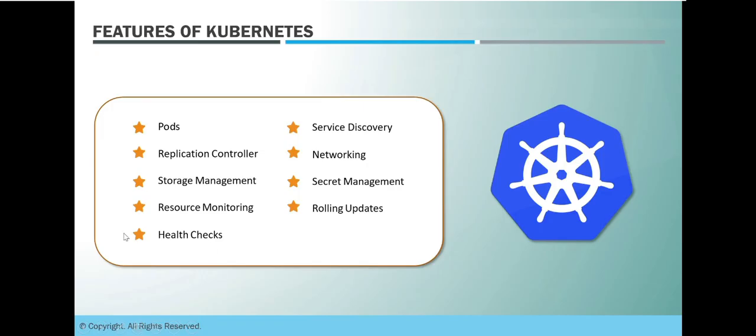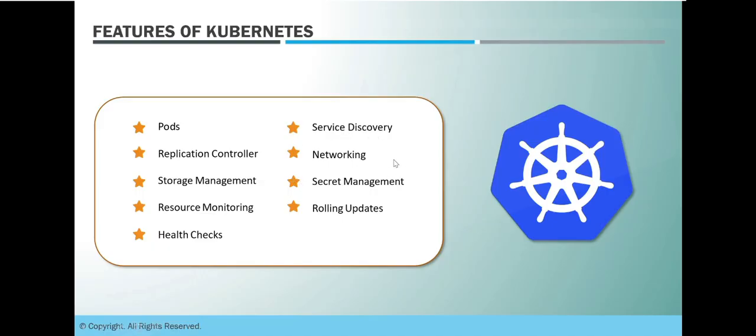Then comes health checks. Health checks are required to serve the active pods which can take the load. If some pod is having an issue, it will be demarked from the service, and new pods will be started based on the resource utilization or maybe other metrics that you have provided. So that's where health checks come into picture, which provides active routing among the pods that are healthy. Service discovery is again one feature where whenever we are deploying new pods or we are scaling up, it will discover which pod or deployment can provide the services to the external application or users. So this is where service discovery comes in picture.